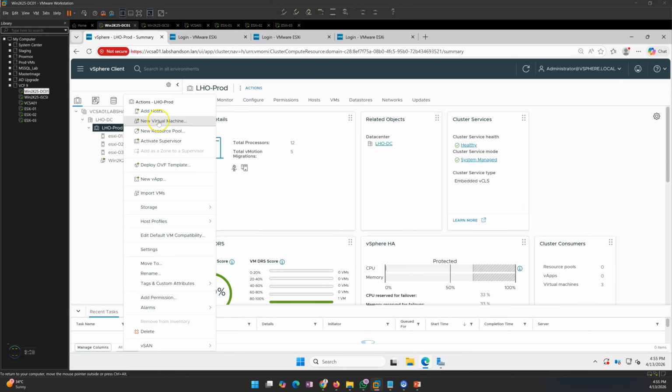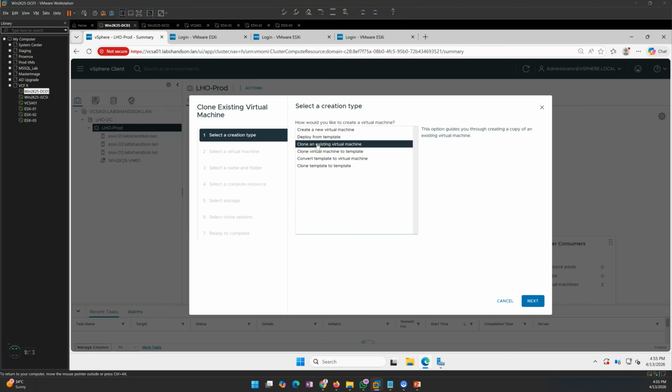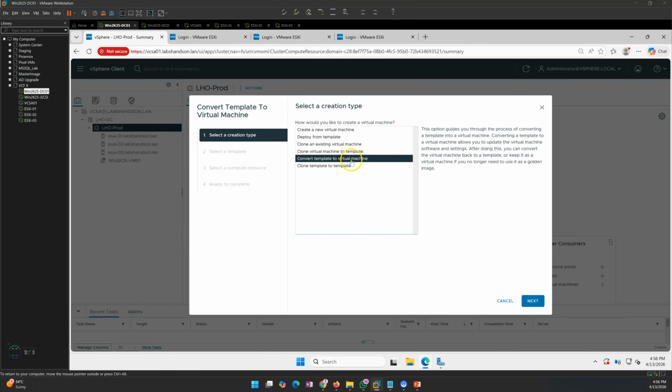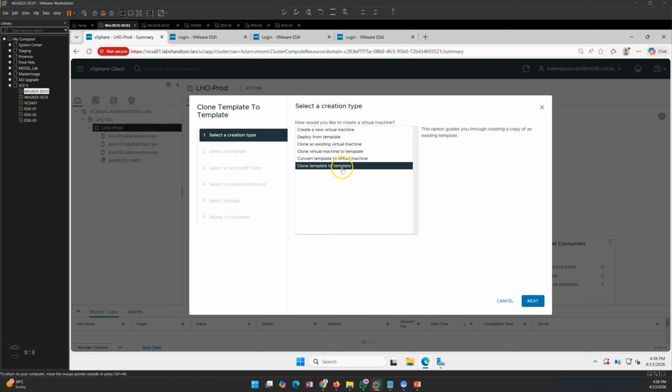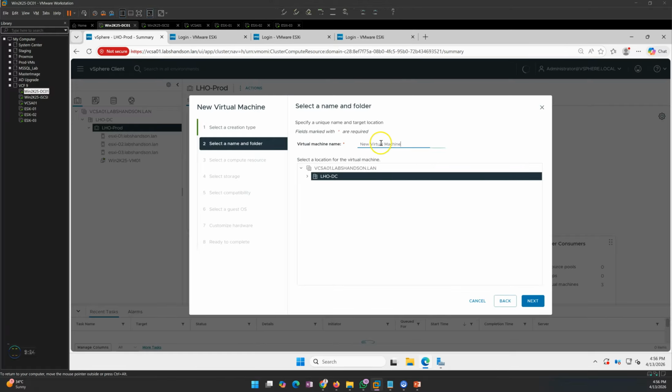enabled. Click on new virtual machine, and then we have all these options: deploy from template, clone an existing virtual machine, clone virtual machine from template, convert template to virtual machine, and clone template to template. I'm going to use the first option, which is create new virtual machine. I'll click next, and now I'll type here,